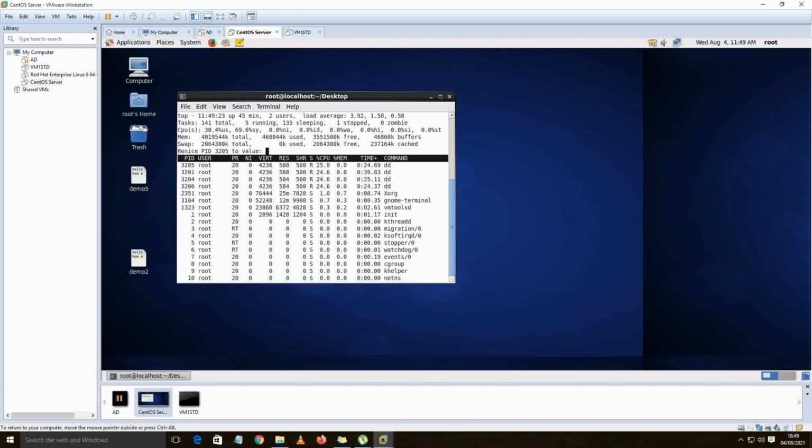So if I press enter, it is asking me what niceness value I want to set. I will say that the niceness value is 10 and press enter. Just check out, you will see that the priority was 20, it is incremented by 10, so the priority has become 30 now, and the niceness value has become 10. So 3205 is what we have changed over here. So with the help of the top command we can change the priority of any process. We can even kill a process by giving the PID for killing.